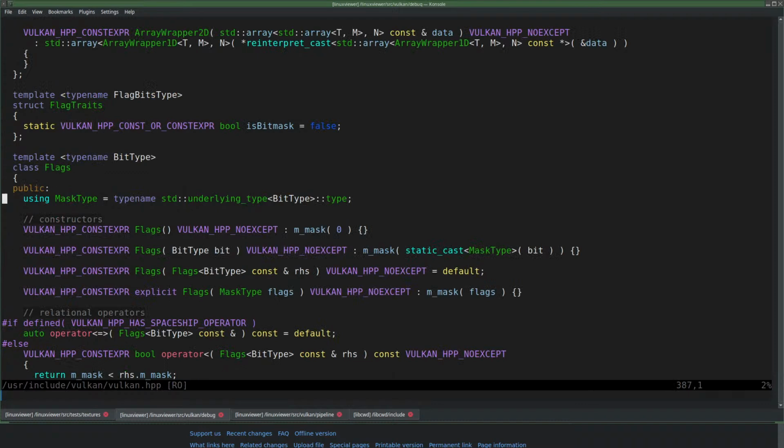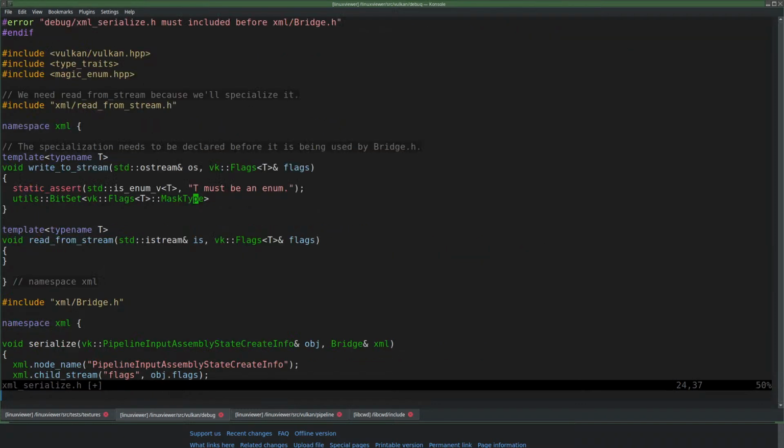How can I jump to flags directly using mask type? Way better than trying to find flags every time. And then I'll call this a bit mask, I guess.